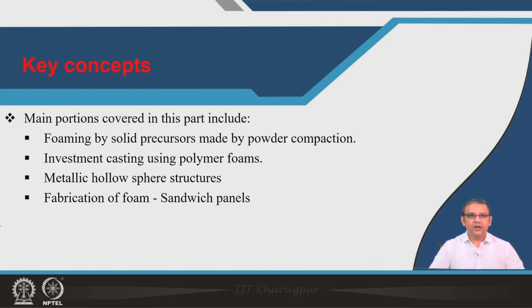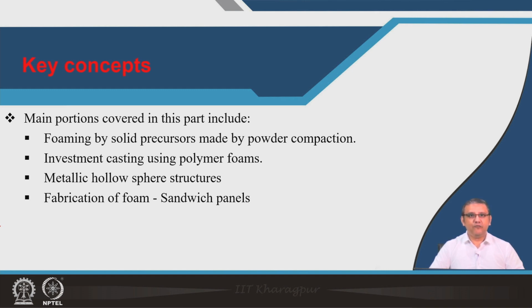The first one, foaming by solid precursors made by powder compaction. Second process, investment casting using polymer foams. Third process, metal hollow sphere structures. So, we will see that these hollow sphere structures are a special type of metal foam. It is a porous metal with a very regular and homogeneous structure, and the final thing that we will learn